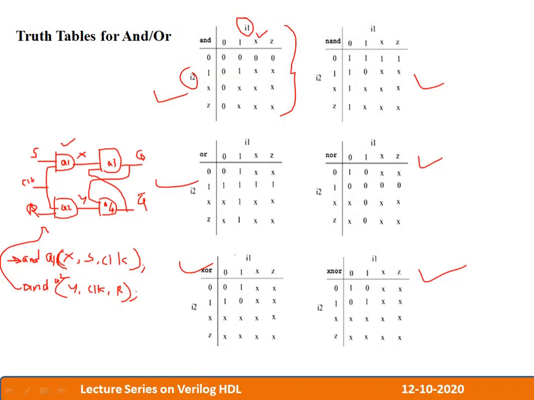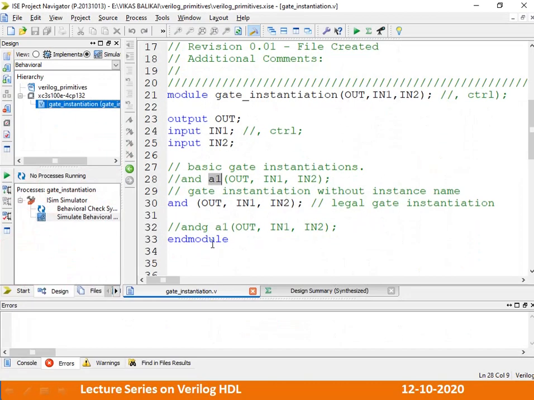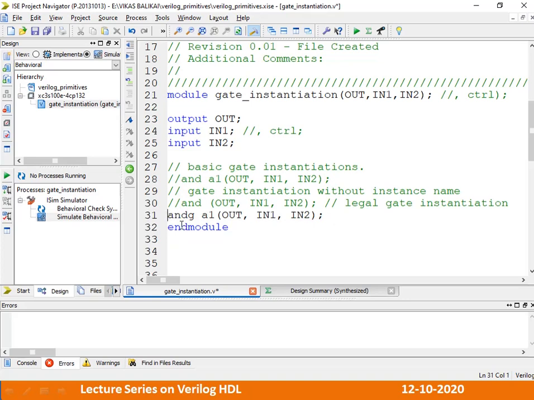Now let us try to simulate our own AND gate. So let's comment this out, and we'll open up the AND gate, that is ANDG. This is shown in black color, which means this is a user defined AND gate. Though it is user defined, what are the things that you are writing? AND A1 (out, in1, in2). What does the statement mean?